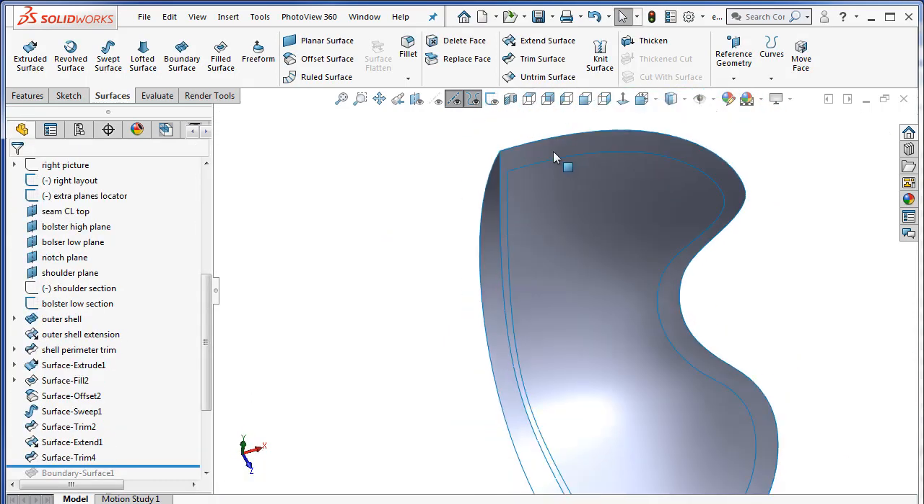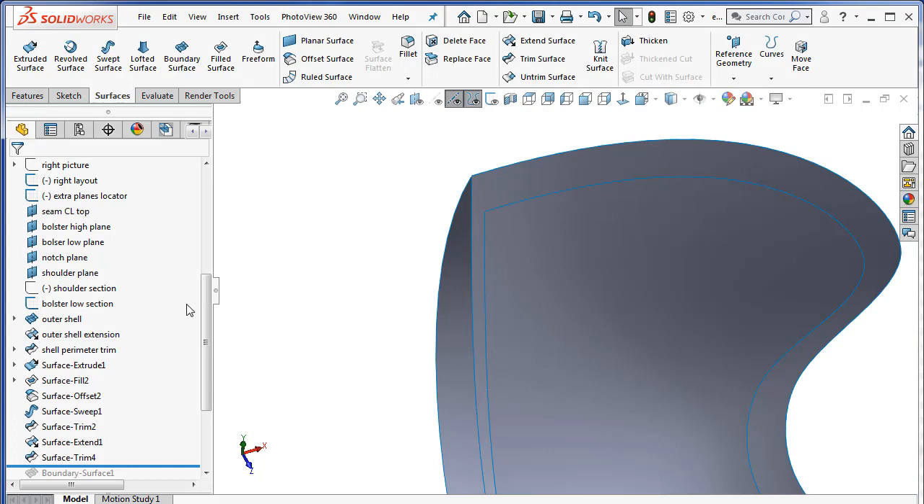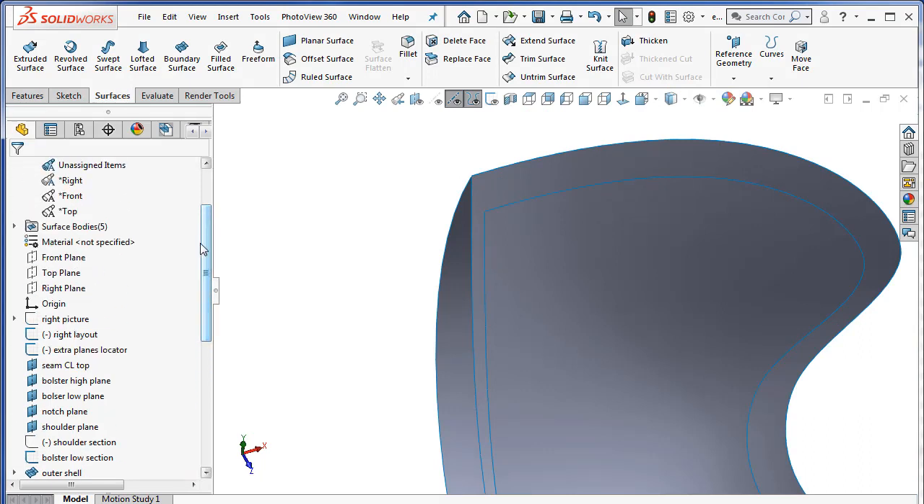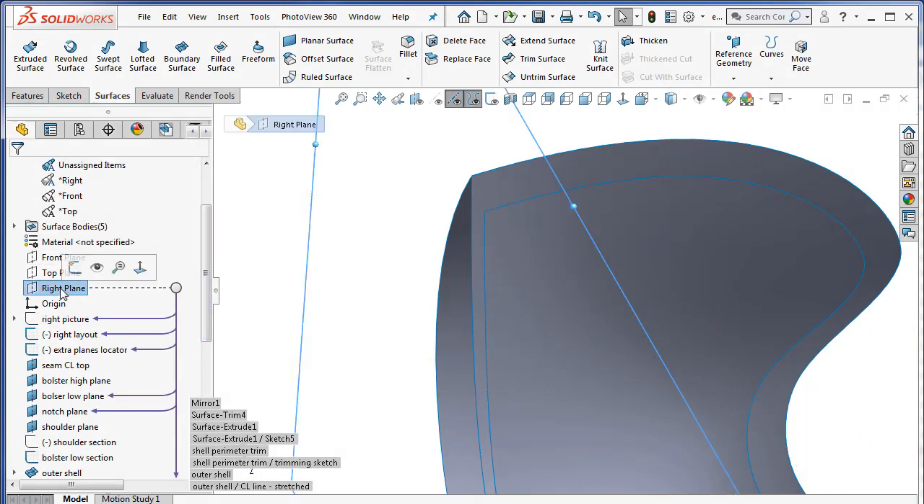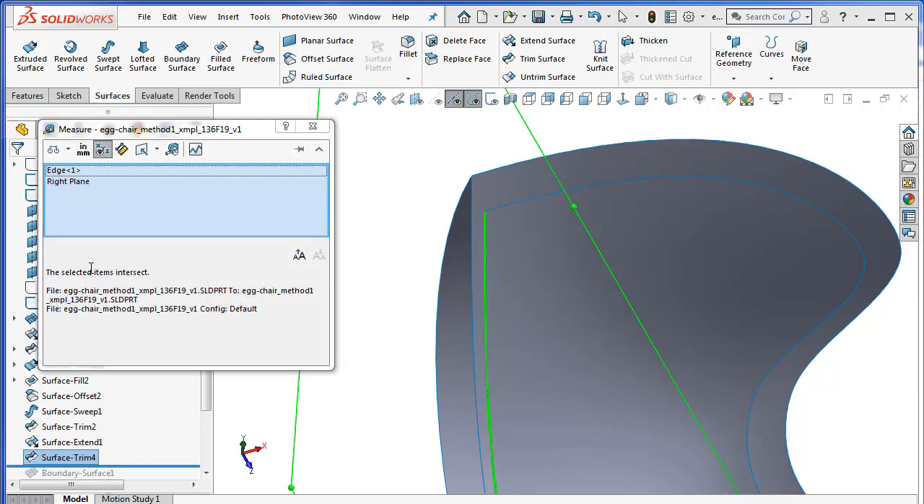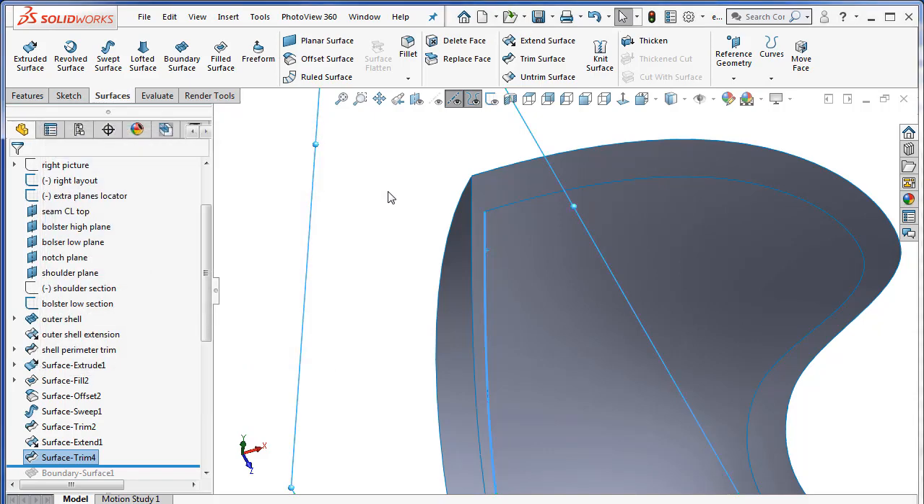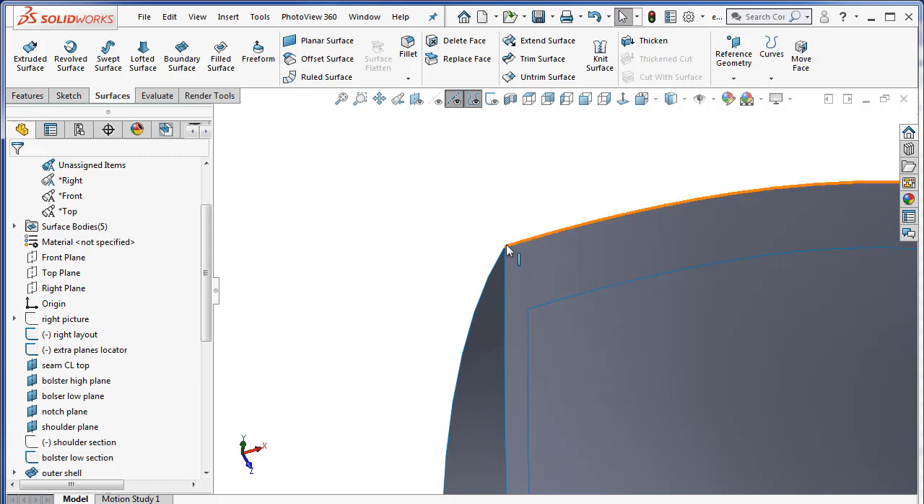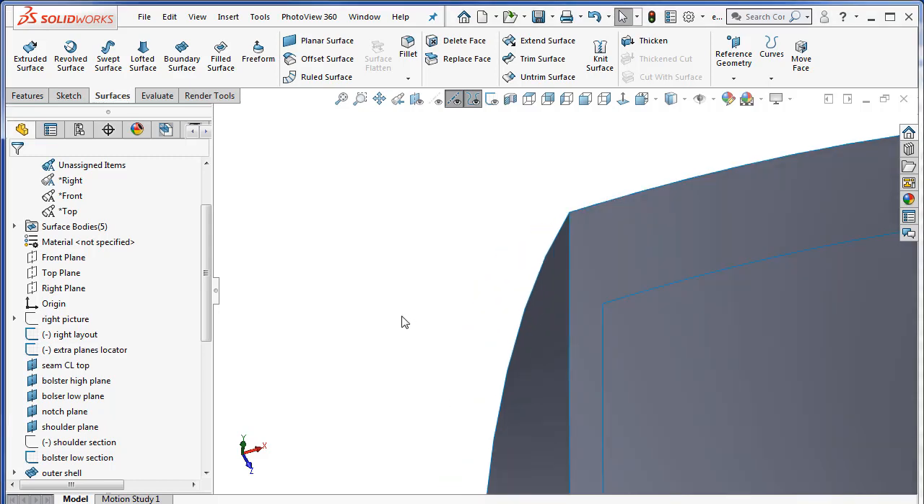Now we're going to go ahead and remeasure the distance between the right plane and that edge. So selecting the right plane and this edge here and taking the measurement, and now it says the selected items intersect. So now if I go to make that sketch between this edge and this edge, I should be able to pierce that spline to this edge. So moving on, I'm going to